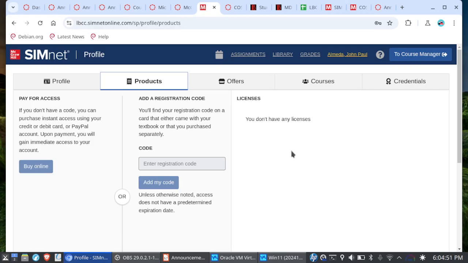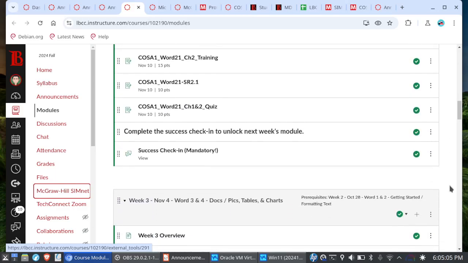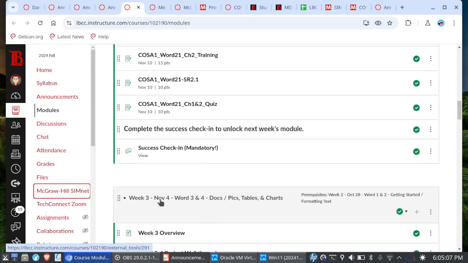Whatever you choose, you want to make sure that by the third week you have full access to the materials, and you can check in to this forum and leave a quick reply as to whether you have access to the materials. And by doing so, you will unlock week 3 when Monday, November 4th rolls around. Now, if week 3 comes around and this stays grayed out, it means that you didn't check in with me. So make sure that you check in with me before the end of the second week.